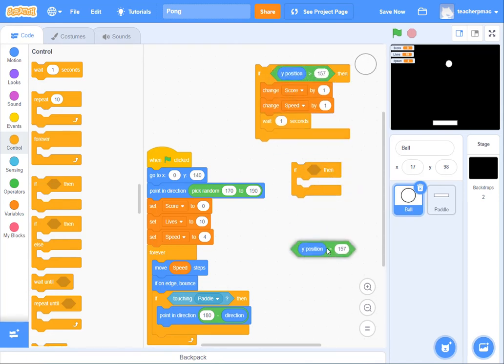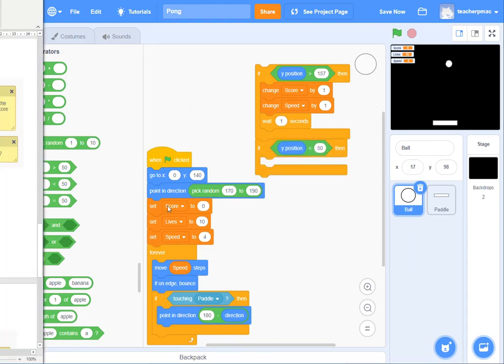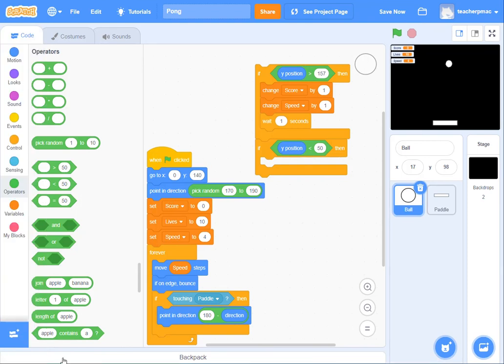What I can do is pull out the Y position, get rid of this one, and come back to operators because I need to go for less than. So if the Y position is less than approximately, say, minus 160, and again, you can play with this number, then